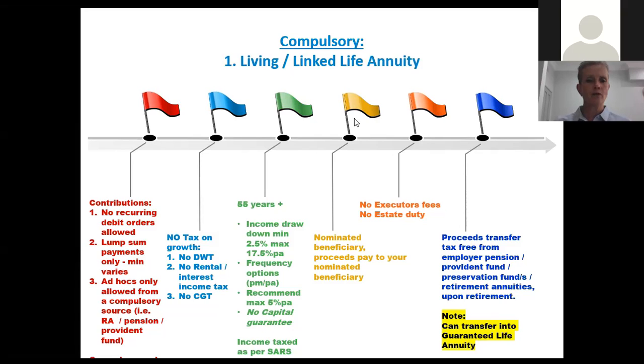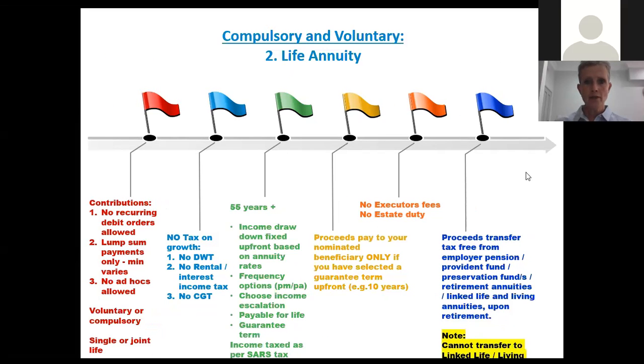So you can always, for example, if you retire off your RA at 55 and you decide, okay, at 70, you know what, maybe you don't want to have the risk anymore of having to worry about capital losses or market volatility, you can then convert this and transfer it into a life annuity. I've done a couple of those recently, and it just gives that person peace of mind. For those last however many years you've got the fixed income. There's no what ifs and buts. Okay. And then the last product before we close,